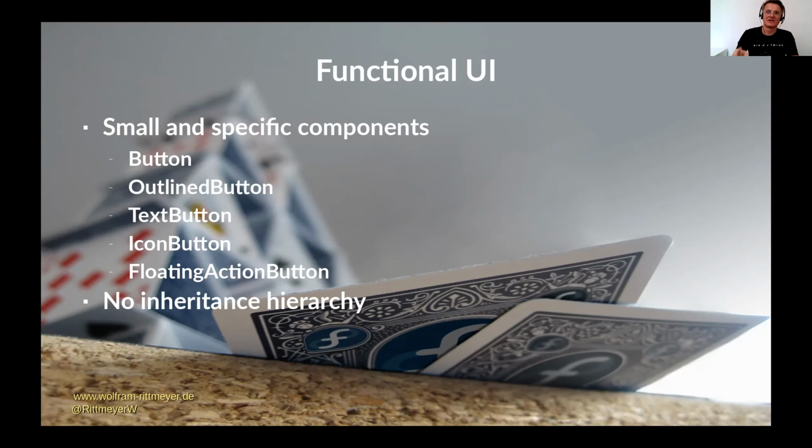It doesn't inherit from button at all. So they have a really weird inheritance hierarchy with all kinds of problems this causes. So getting rid of this inheritance hierarchy and just using functional UI should help us and should help the Googlers achieve better code more easily. Let's put it like that.